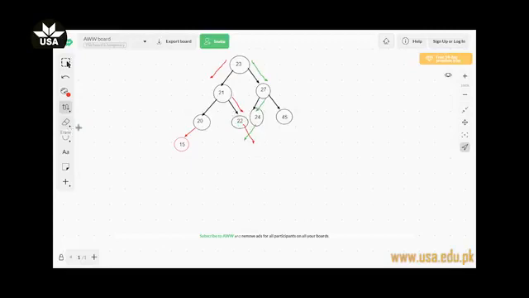As you can observe, in both these cases, you can replace 23 with 22 or 24. If you replace with 24, it will be the minimum value of the right subtree, and if you opt to replace with 22, it will be the greatest value in the left subtree. So this was the demonstration of how we can delete a node in a binary search tree.